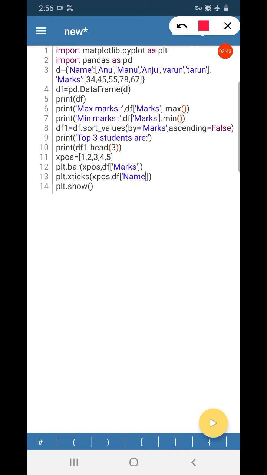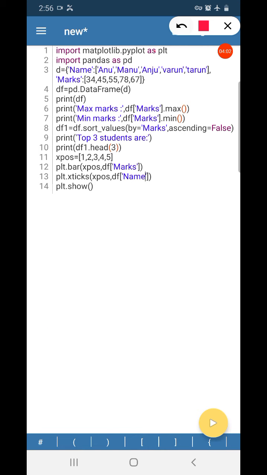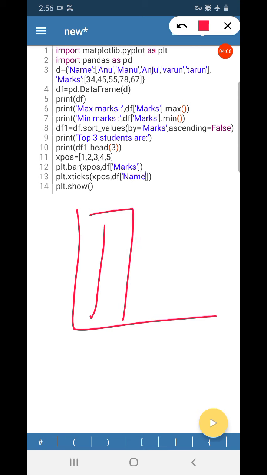I didn't use a line graph here, because we are not just comparing the marks of a single student. Suppose I were using the marks of a single student, then it would be good to use a line graph, because it would show how the marks have varied from term to term. But here I am using a bar graph to represent the marks of each student, so that each bar represents the mark of a student.